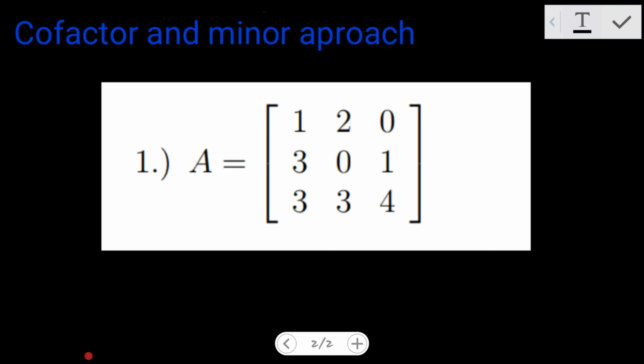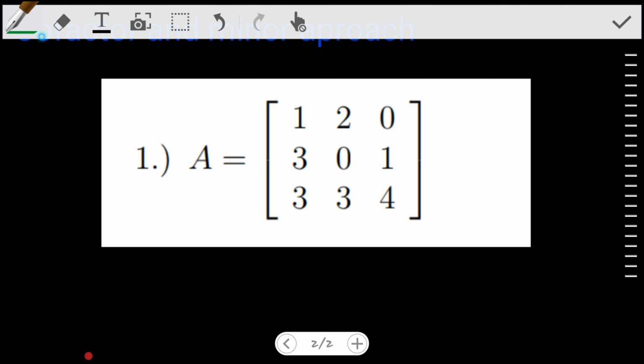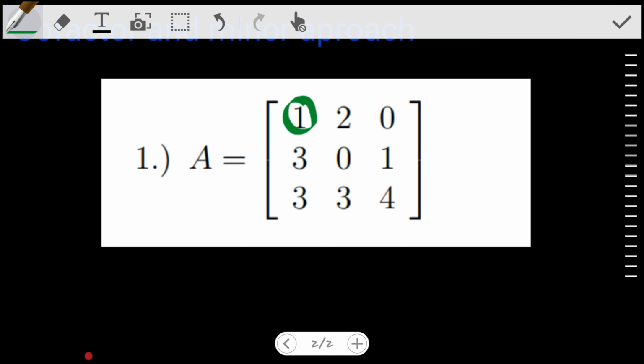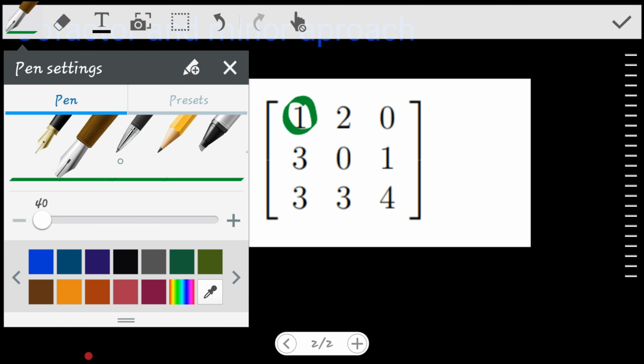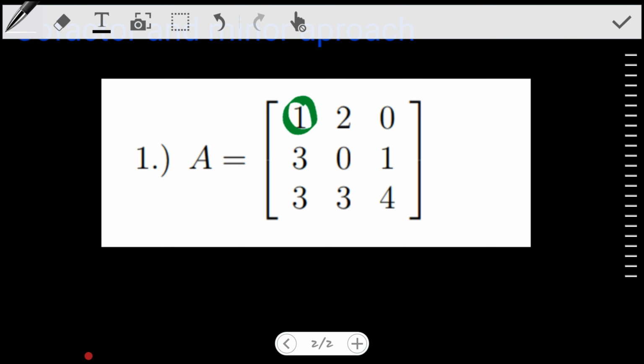That means at the end of the day, I have to identify the minors. If I choose an element from this matrix, for example, if I choose this one, after choosing that one, let me choose a different pen here. Let me change the color a bit and use white, I think that would be better. So if I choose the one right here,